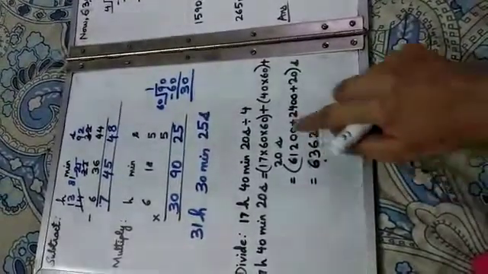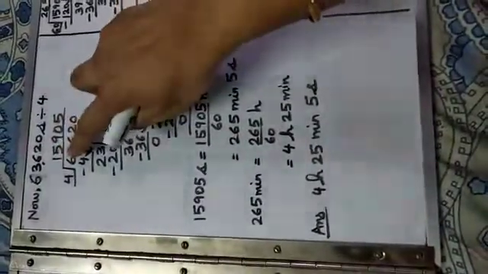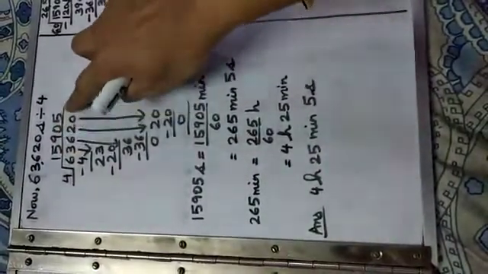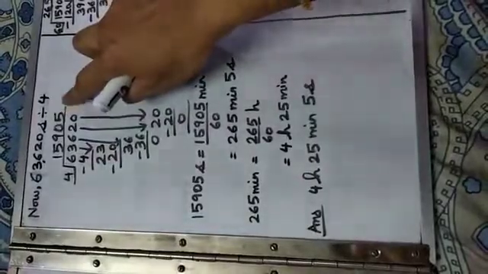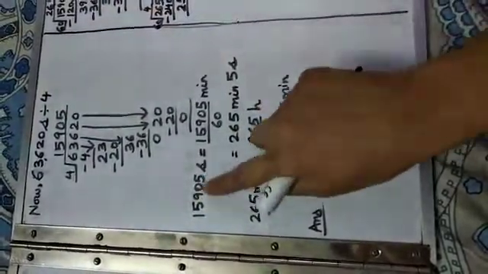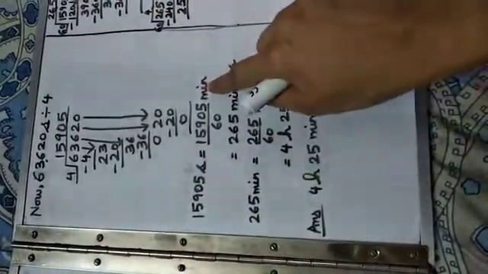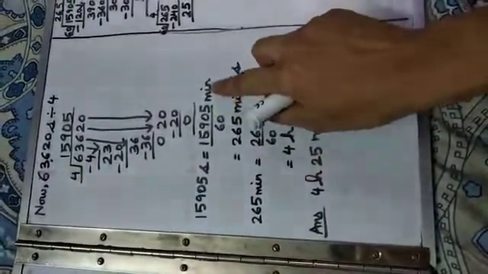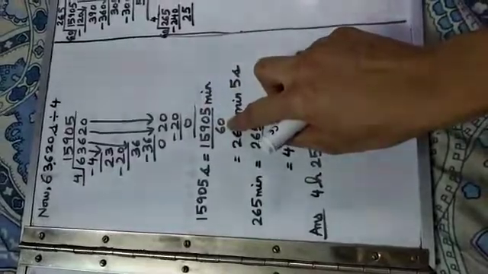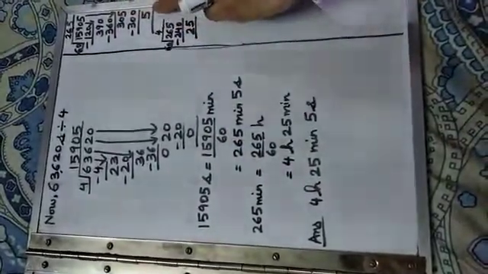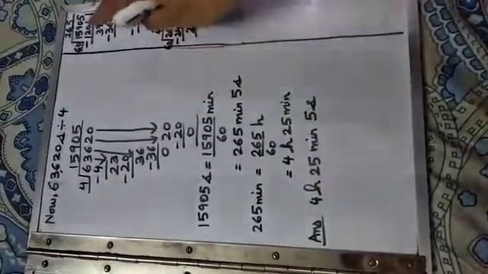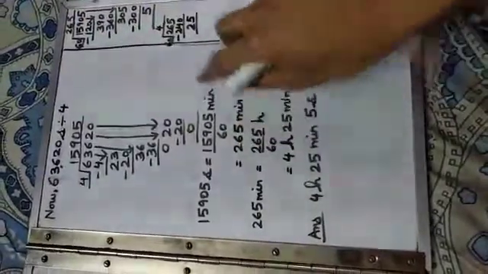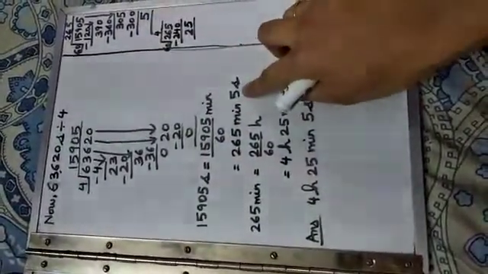So this seconds will be divided by 4, and I have performed division here, which gave me 15905 as the quotient. That means this is seconds. Okay. Now this seconds will be converted into minutes first and then converted into hour. So when it is converted into minute, I have divided by 60. Here on the right hand side I have done the calculation, you can pause and see. The quotient will be your minutes and the remainder will be your seconds.